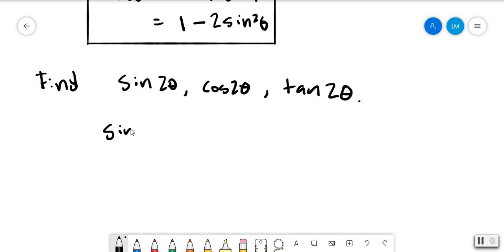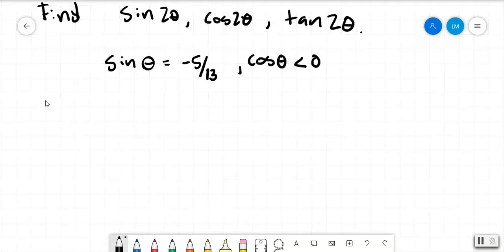Now, we'll give you a bit of information. We'll say that sine theta is equal to negative 5 over 13, with the fact that cosine of theta is going to be negative. Okay, now when we look at this, we should automatically think, well, I know, for example, that based on the definition, we have that